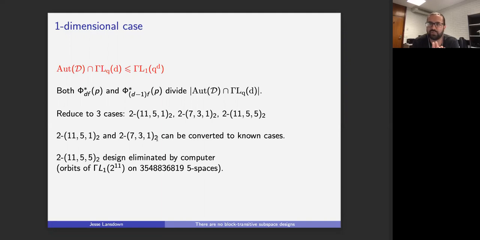And in some sense, this was kind of one of the hardest cases, but it was also kind of one of the easiest cases. It was hard because we couldn't kill it with just divisibility conditions, and it was too big to fit in computer memory. It was quite massive. But we were able to, in the end, produce canonical representatives for each of the orbits under the putative group. And then at that point, it becomes easy because then it's just a matter of checking if these orbits on their own form a design with the right parameters. And of course, once we've done the computations, we have everything. It's much easier to verify,